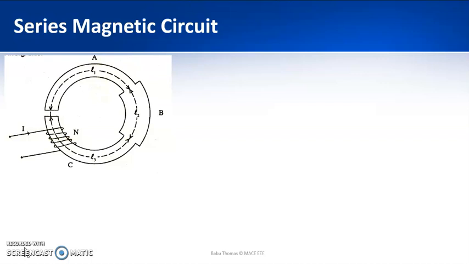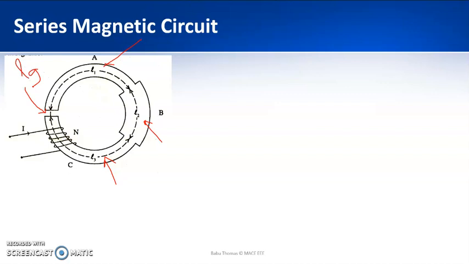So here you can see that there are four sections obviously. The first one is the length L1, second is length L2, and third is L3, and there is an air gap over here, that is Lg. So there are totally four lengths put together. When you're looking at here, it is evident that the cross-sectional area is not the same throughout. It is varying. So obviously L2 is not same as L1, L2 is not same as L3 and Lg.